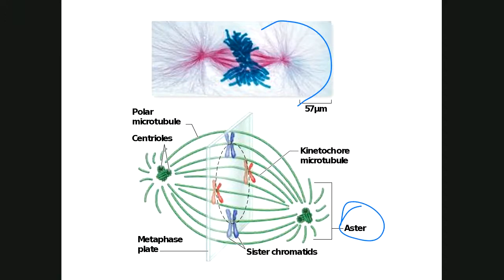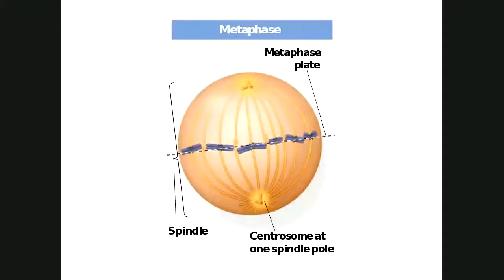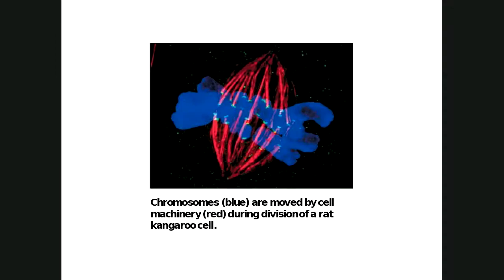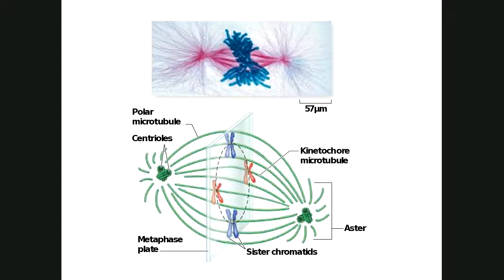Now, when we look through a microscope, it's a little bit misleading to think that the chromosomes are going to line up nice and even along a line like that, because you got to keep in mind the cell is a 3-dimensional object. It's not 2-dimensional. So those chromosomes can line up in the middle, but not on a line, more on a plane, or something that we call the metaphase plate. So when you're looking down through a microscope, like in the picture up above, it doesn't look like they're all lined up in the middle, but they are. Some are below, some are off to the side, and some are up above, right? So some are at the top of the cell, some are at the bottom of the cell, but they're all in that plane that is the middle of the cell, okay?